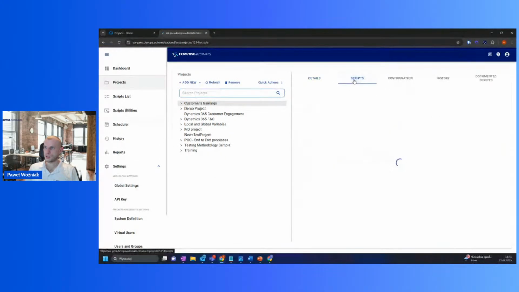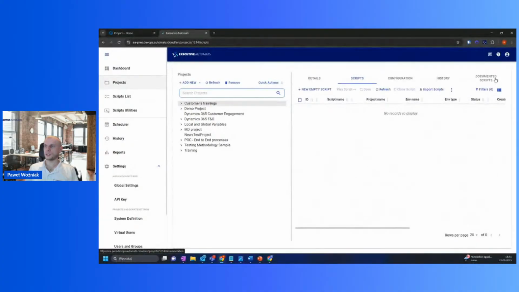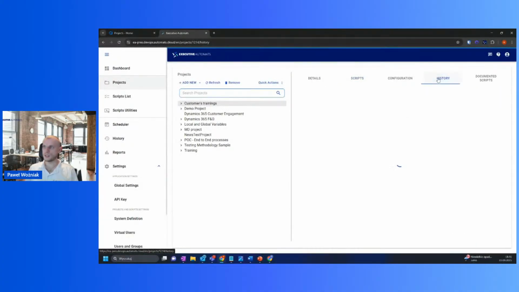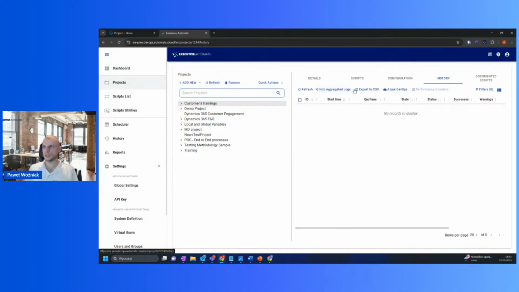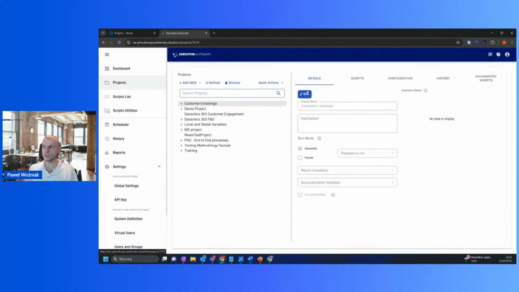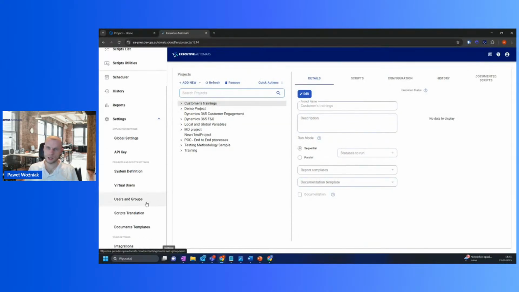If it comes to scripts, tab, history, documented scripts, everything stayed the same. Of course, it looks a bit different, but all the options are still here. So no worries that you will face any challenges here. So let's get back to the settings for a moment, because here we changed